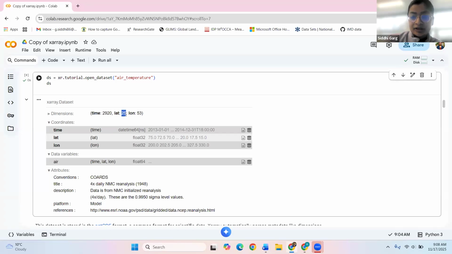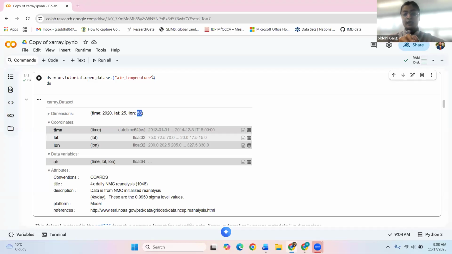So I have 25 rows, and how many columns? I have 53 columns available in this particular data set of air temperature. So I have the information of so many dimensions or variables, coordinate information, and the time-based data set